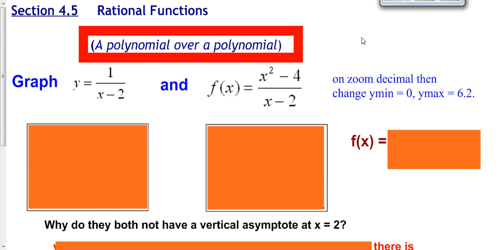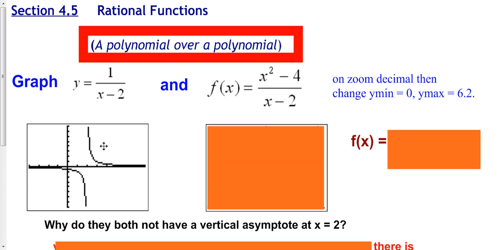We're going to go ahead and talk about rational functions. A rational function is a polynomial divided by a polynomial. Remember, a polynomial has only positive whole number exponents, and you don't have any variables in roots and things like that. So if we would go ahead and graph this using our calculator, we would get a graph that looks